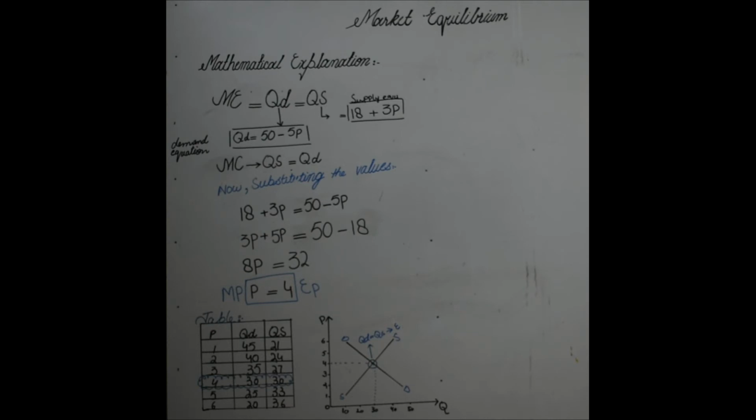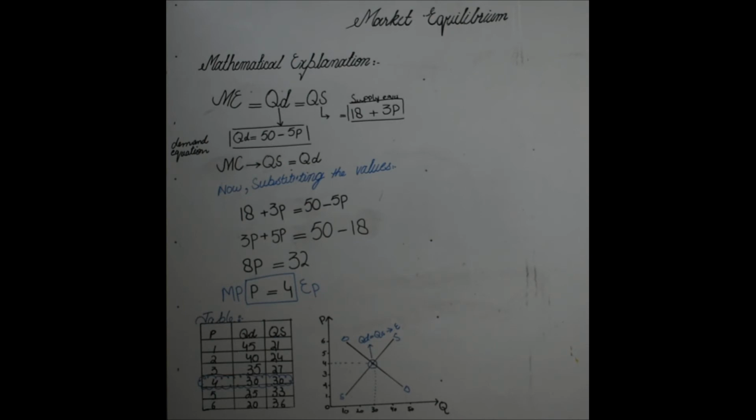Very easy and technical answer. We know that quantity demanded has a negative relationship with the price, and quantity supplied has a positive relationship with the price. So the minus sign shows the negative relationship with the price, and the positive sign shows the positive relationship between the quantity supplied and the price. So there is a logic behind the positive and negative signs in the mathematics.